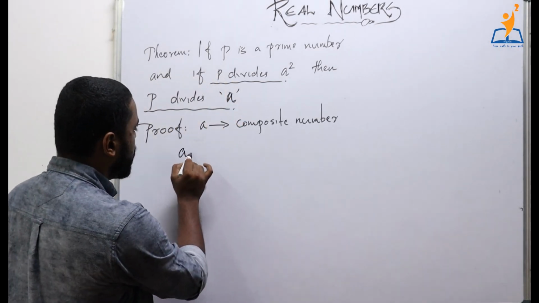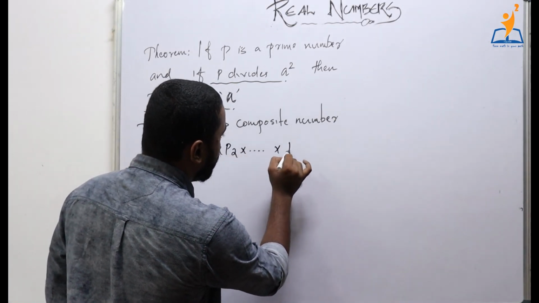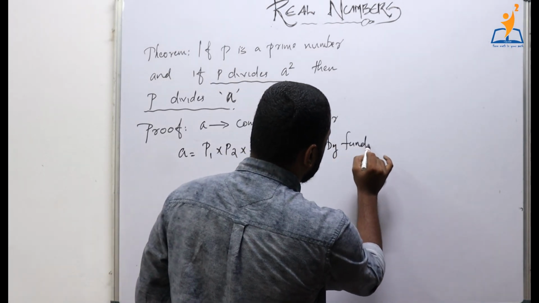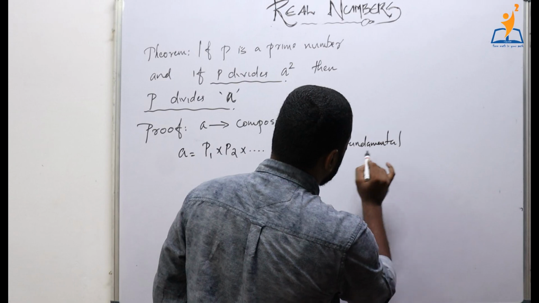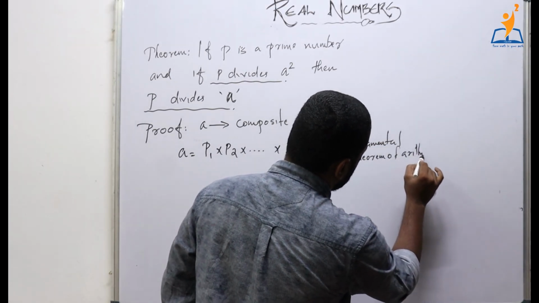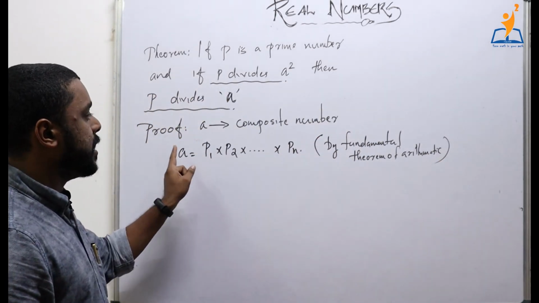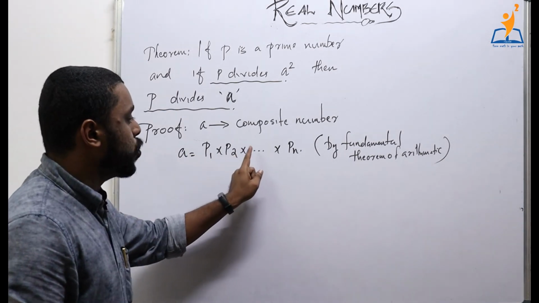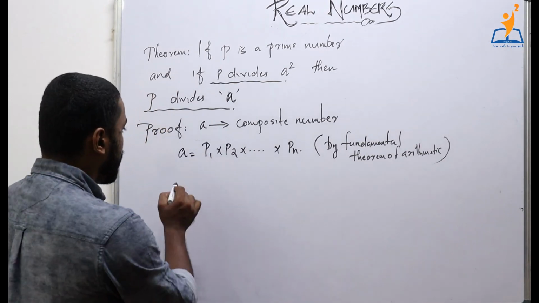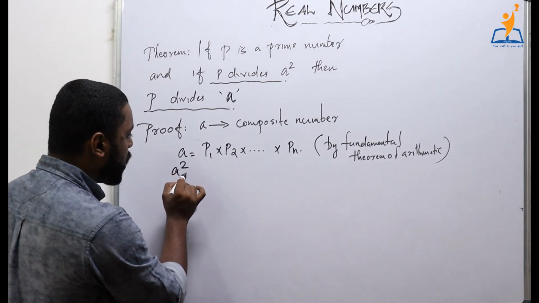So we have a equal to p1 into p2 into etc. into pn by the fundamental theorem of arithmetic, because any composite number can be expressed as the product of prime numbers. Hence a square is equal to